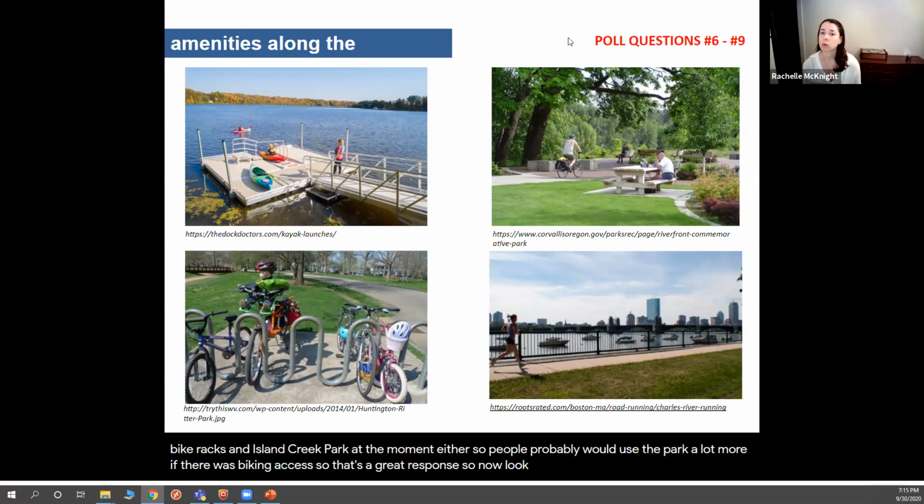So now, looking at the Corning Riverfront Park, what types of amenities would people like to see there? Again, existing, we've got a boat kayak launch at the Corning Riverfront Park. There's a lot of parkland type settings. There's the bike path that people walk on and bike. There's a lot of picnicking opportunities. Parking is good at Corning Riverfront Park. Lots of festivals. Looks like people are chiming in the chat box, which is great to see. Leave it open just a little bit longer.